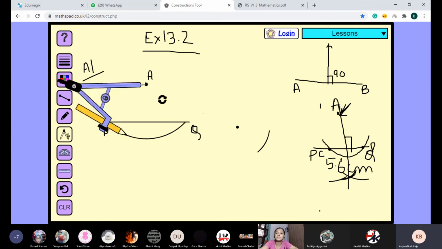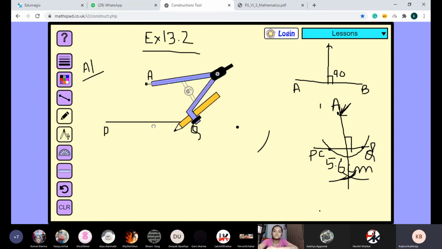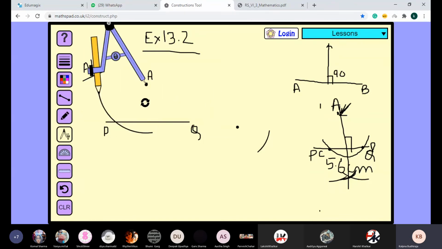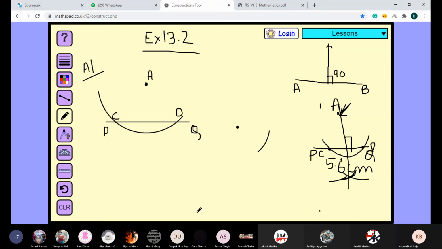देखो बेटा, पेंसिल मैंने PQ लाइन के बॉटम पे आर्क बनाई है. I am making the arc again. Observe it. The needle is on A and pencil is below the PQ line. Now you are going to make a arc something like this. Is this point clear? Yes, ma'am. Now label these points as point C and point D. यहां तक किसी बच्चे को डाउट है? No, ma'am.